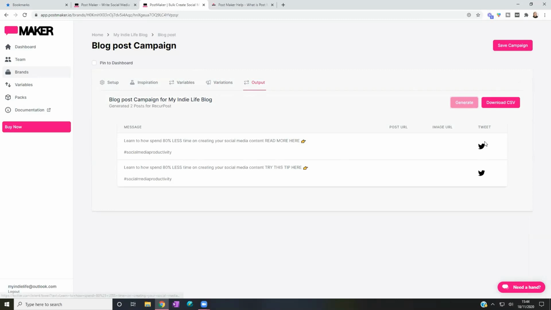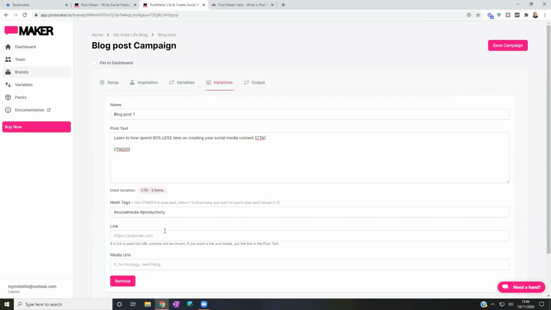It shows you that you can tweet it, or you can download the CSV, so you can upload this directly to your social media scheduler and get going, or it means that you can go back to your variation and amend any issues that you can see with your tweet. So I can see directly here that my hashtag hasn't worked. So if I go back to variations,